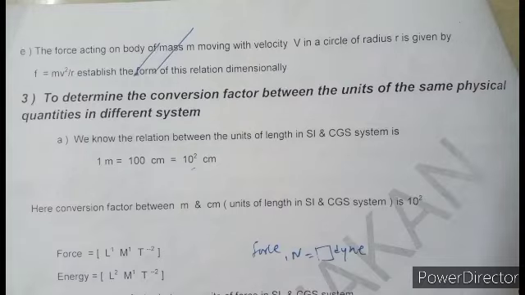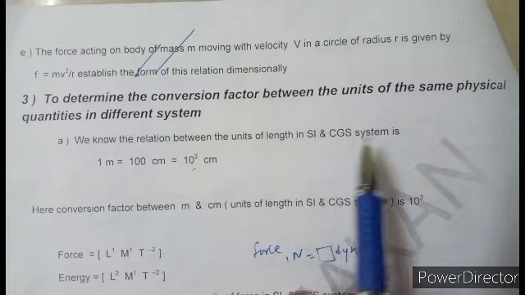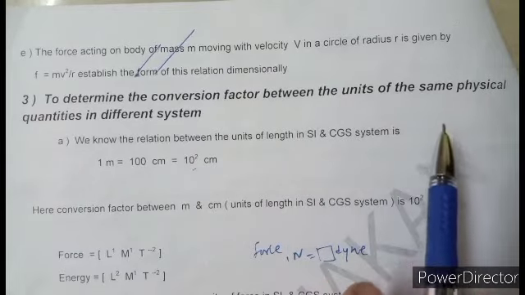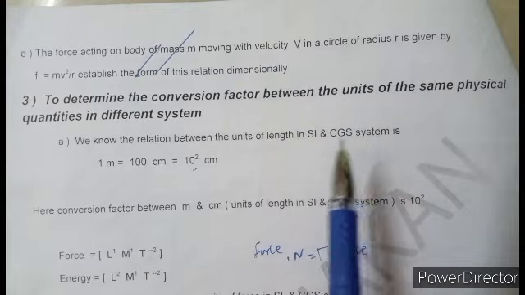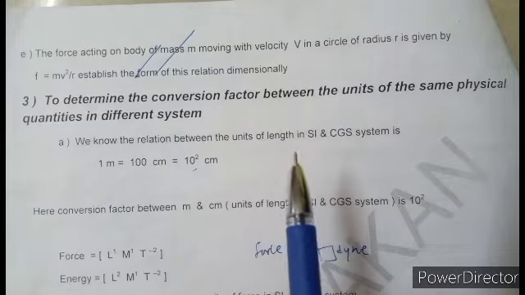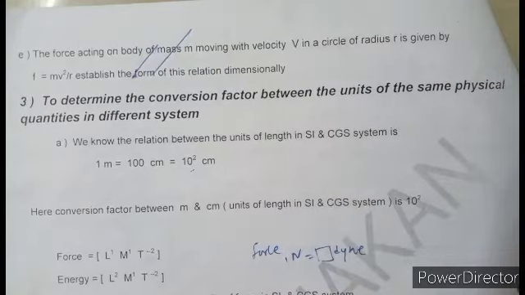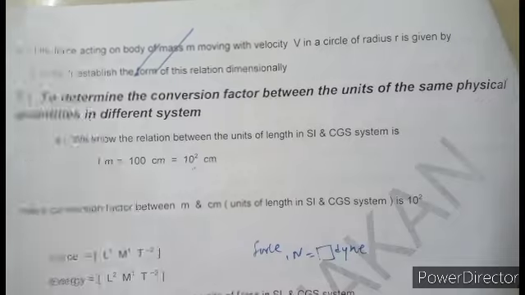Today we see the third application to determine conversion factor between the units of same physical quantity in different systems. What is a different system? That means MKS system and CGS system. So what are the units of a same physical quantities in SI system and CGS system? You know them. Just we find the relation between that units. So the first example,